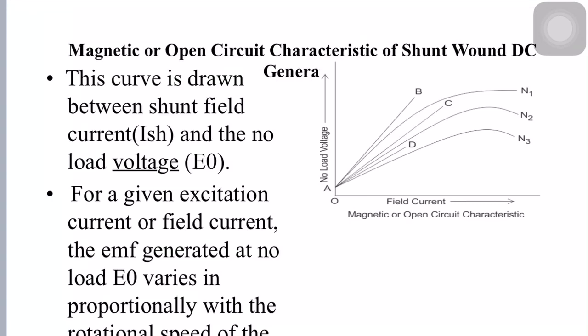Once again I am repeating, the upper portions of the curves are bent due to saturation. The external load resistance of the machine needs to be maintained greater than its critical value. Otherwise, the machine will not excite, or if it is already running, it will stop. And if you observe in the diagram, AB, AC and AD are the slopes which will give critical resistances at different speeds N1, N2 and N3.